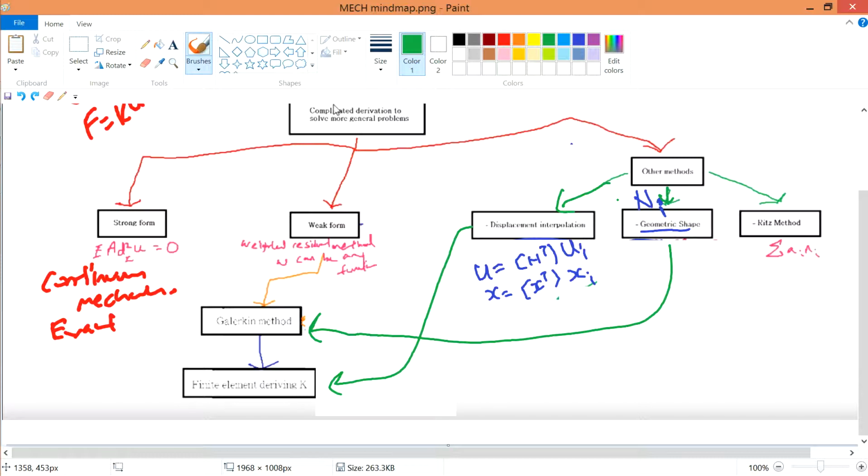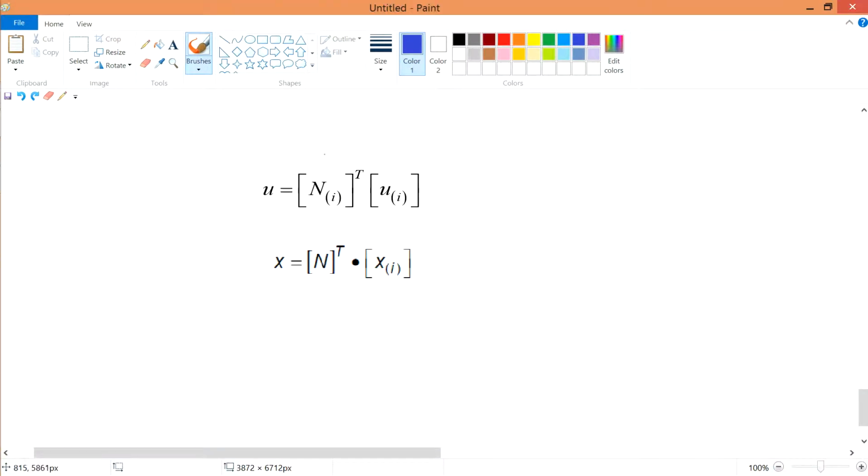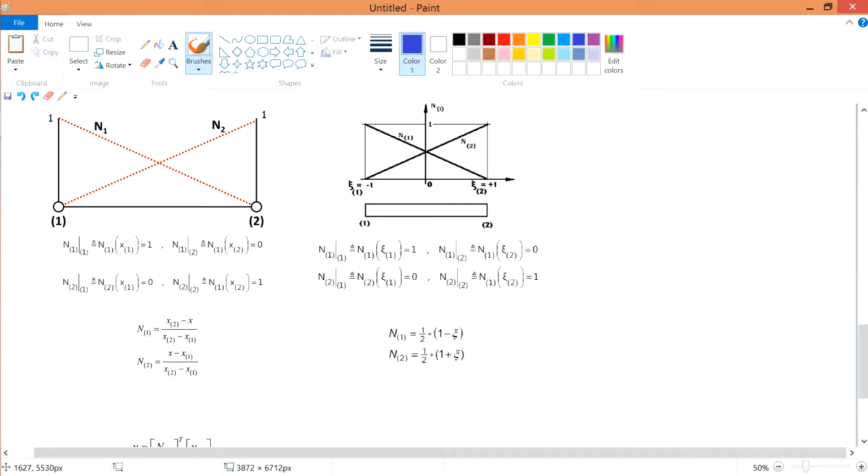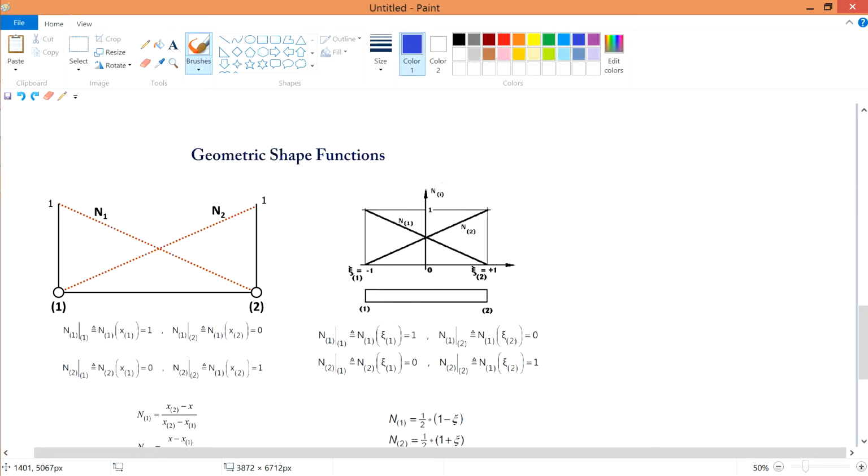Alright, and now we're going to talk about the geometry shape. The geometry shape is the Ni. As you can see, these are all Ni and Ni, and the N's are different. For example, if you're talking about the u to the x, you're talking about x2 minus x1 and things like that. If you're talking about the x to c, the c domain, the shape functions are already something different. So as you can see, the shape functions are totally different for each case. However, the geometry shape itself, to my extent, is that